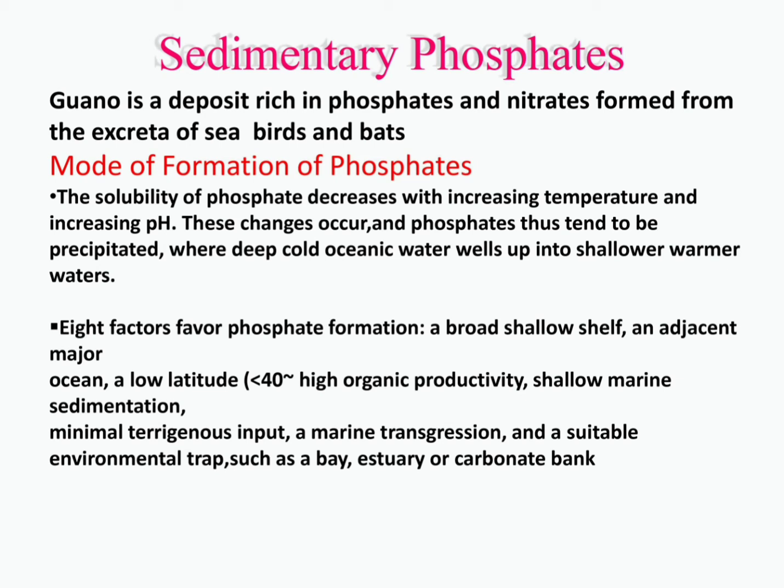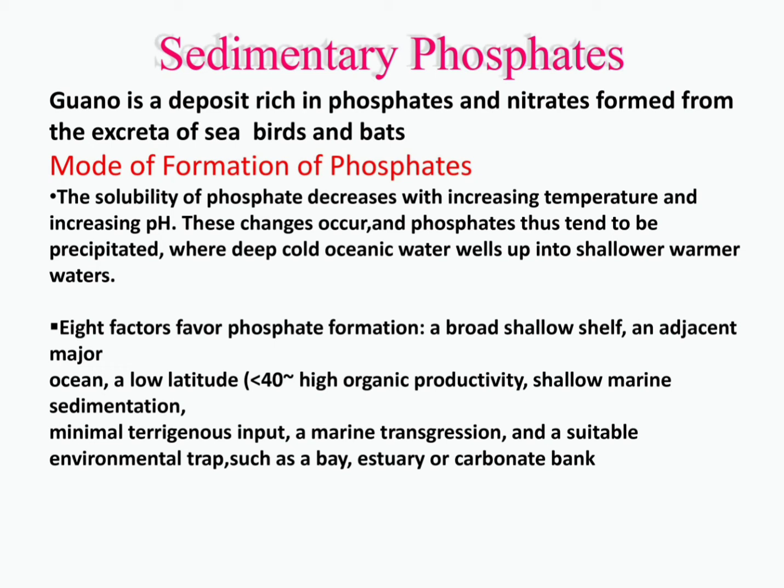Okay, thus there must be shallow marine sedimentation with minimal terrigenous input, and there should be a marine transgression and a suitable environmental trap, like a bay, estuary or carbonate bank. So these are the processes, or the conditions, that are important for the formation of phosphate. Okay, so with this we have completed our sedimentary phosphate also, and now we will discuss sedimentary